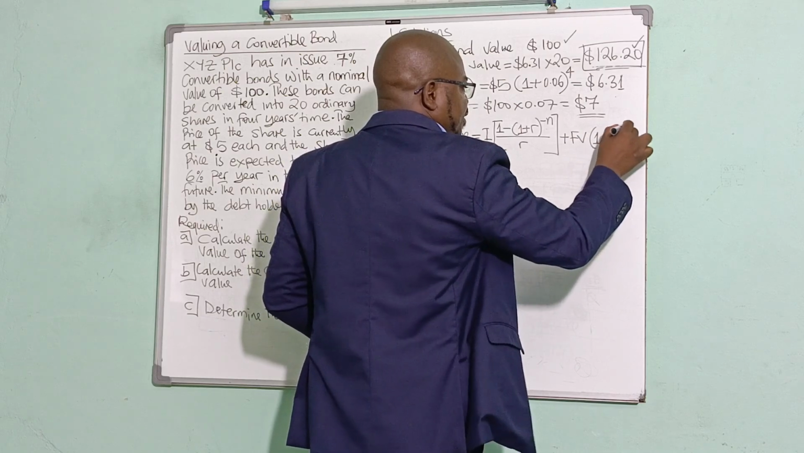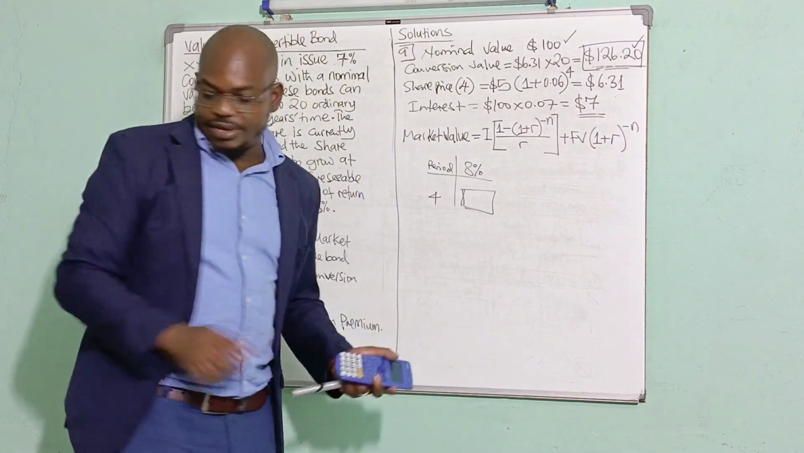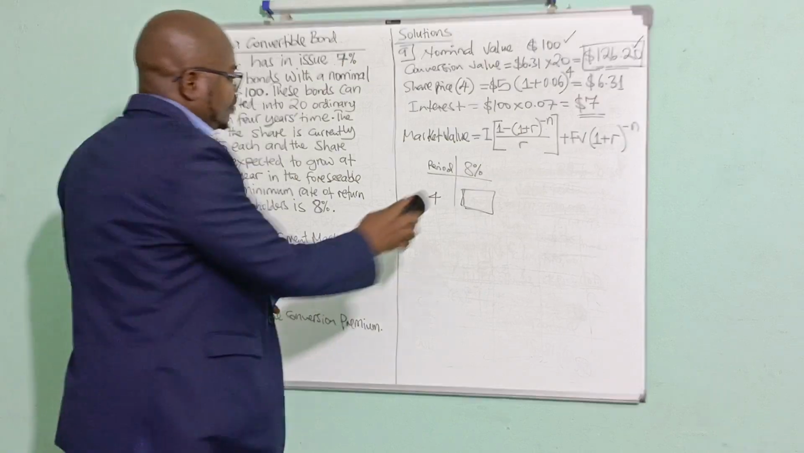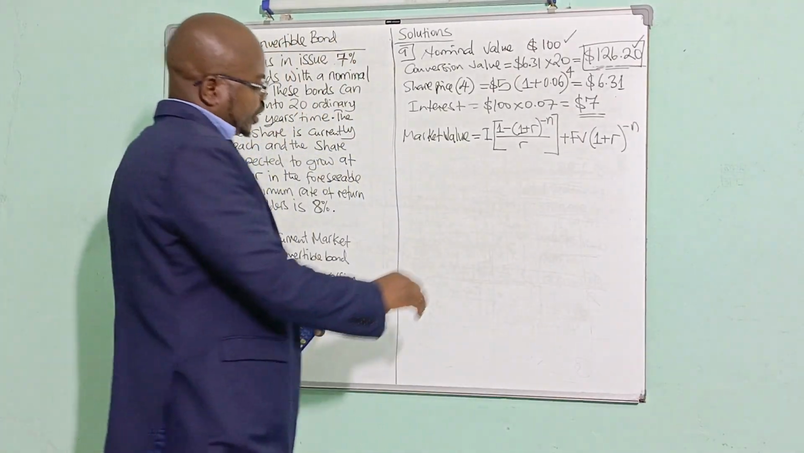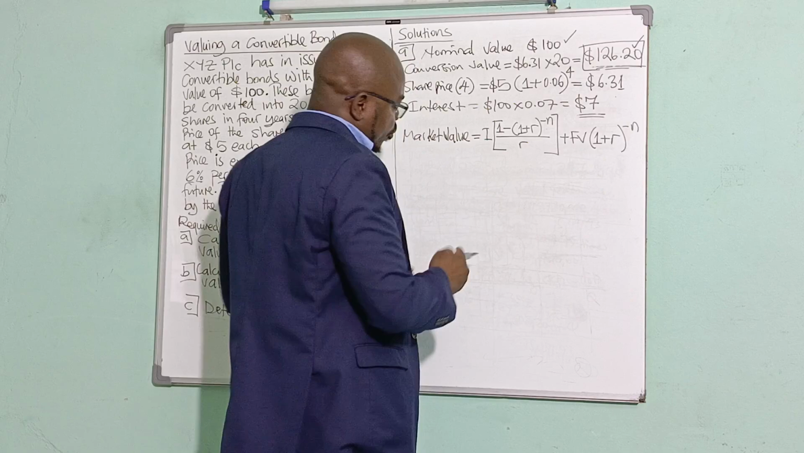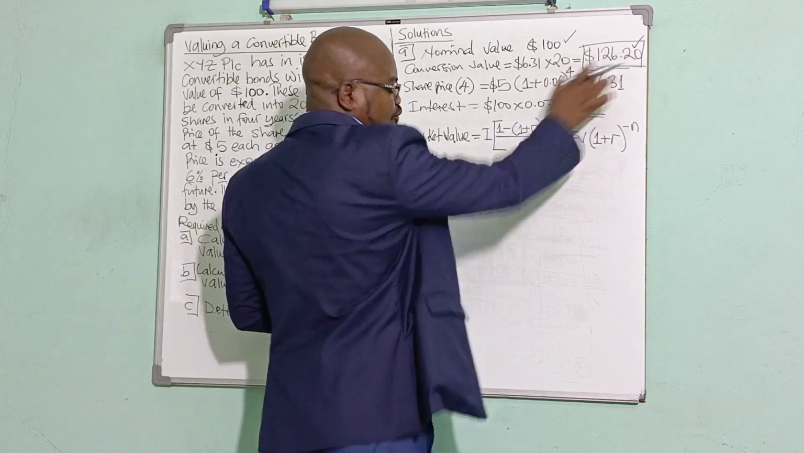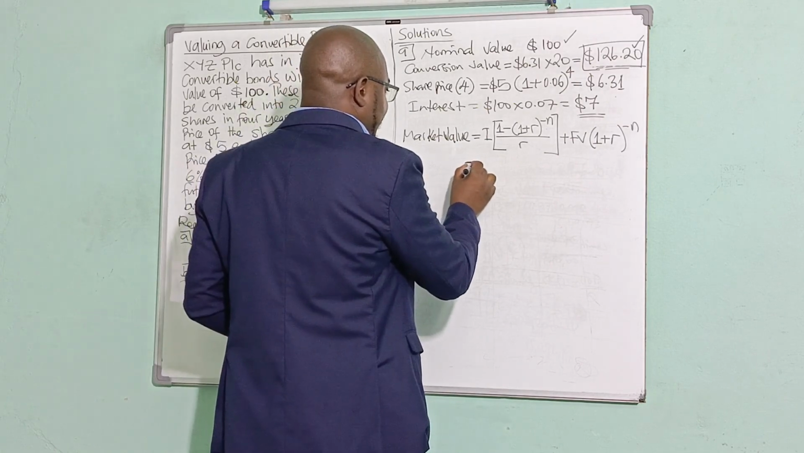Bring it into present by multiplying it by the discount factor of a one-off payment. Again, if you have the tables, just go to the table. Go and check on present value this time, not annuity, present value, because this cash flow is just happening once. All right, so now we have here